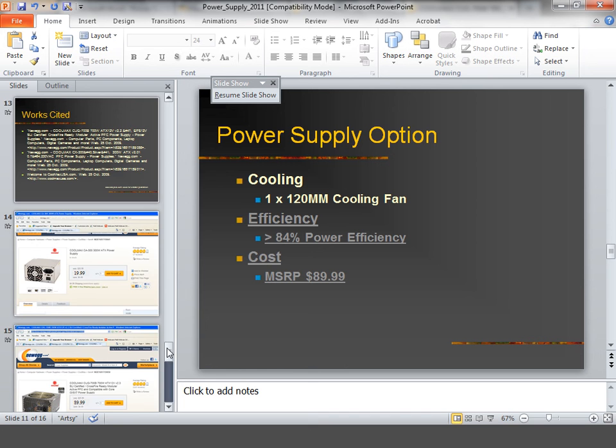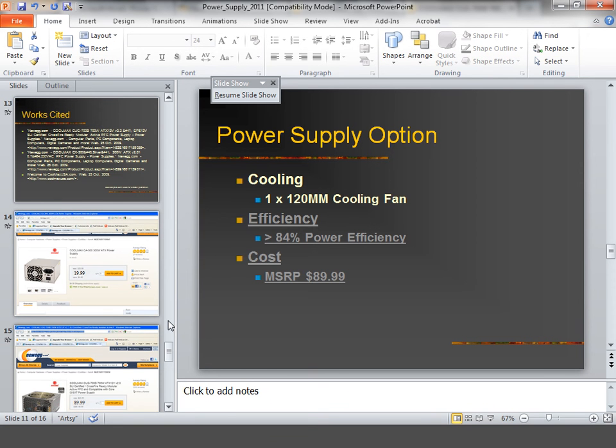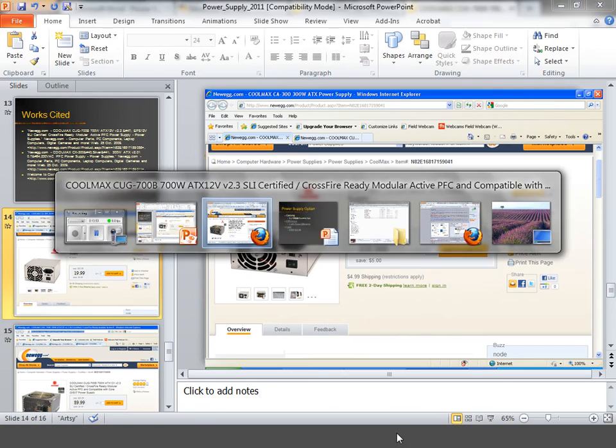So whenever you get a price and a link, you're not just going to put that in your PowerPoint. I actually want you to show me that you know how to link to a site. The reason is if you just had this in there and I said, hey, click on the details because I want to see the details of that one, you can't do that on a PowerPoint slide. Whereas if we were actually at the site and you link to it